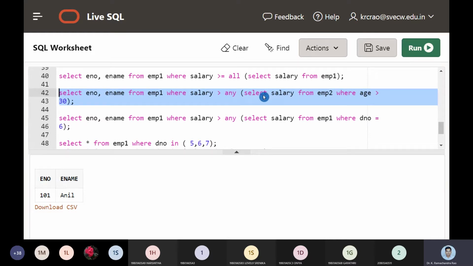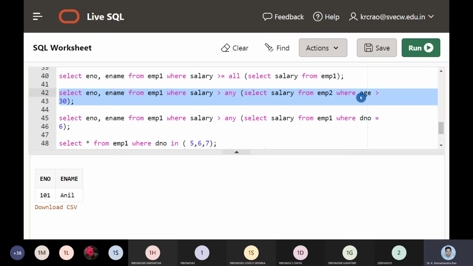It can be option A, option B. At this point of time, we are going to use the OR operation. But when we use all, that means we are going to use an AND operation. So let us see how the subquery executes first.